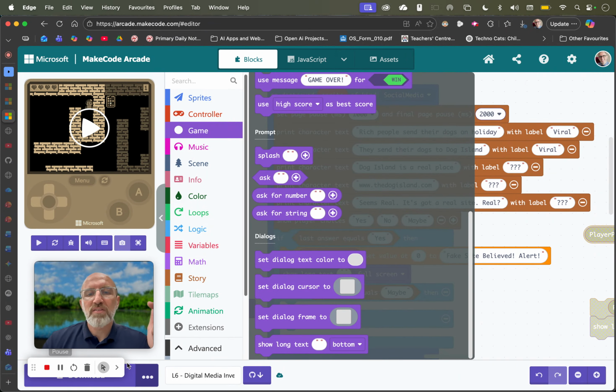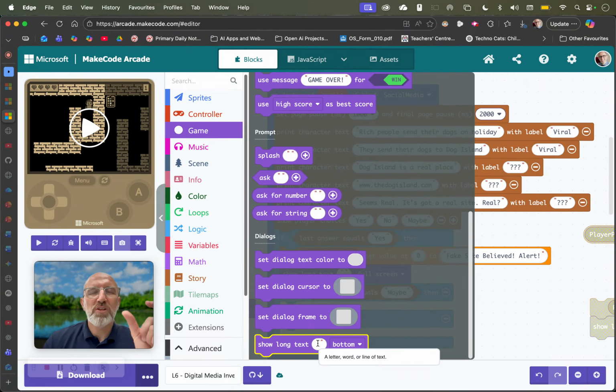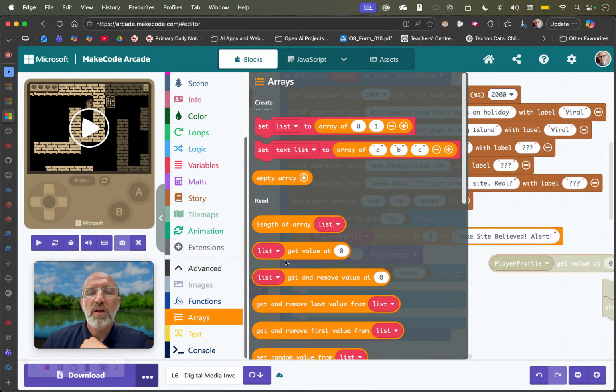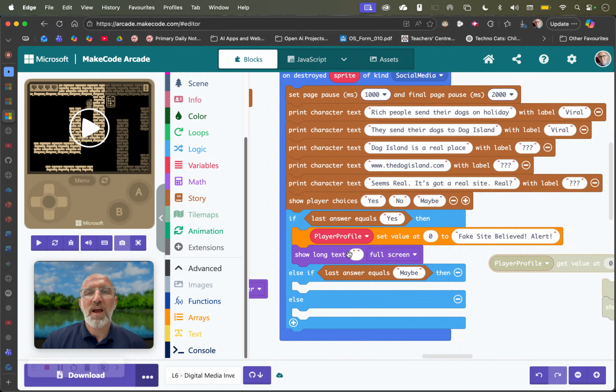Now the great thing about this is that this block here, if you notice, has an oval block, which allows us to go and put oval objects in there, and it will represent the oval object, or whatever's in the oval object, on that frame. Let's just pop into arrays for this. And so what we can do then is get our value at 0, because that's the first one it goes into, and we can say list here, but we know that list is actually our player profile, so get value at 0, and we can put that into here, and it will display the text that is in the list full screen